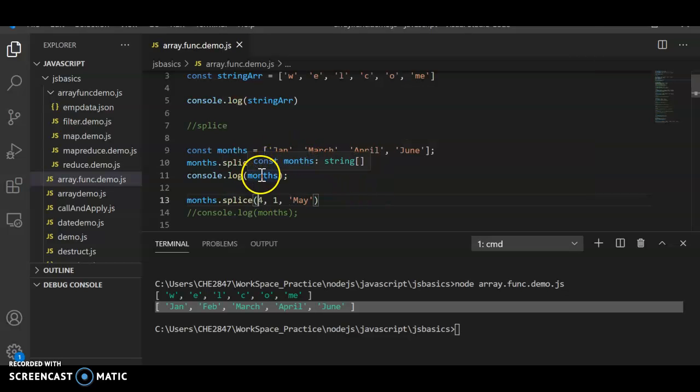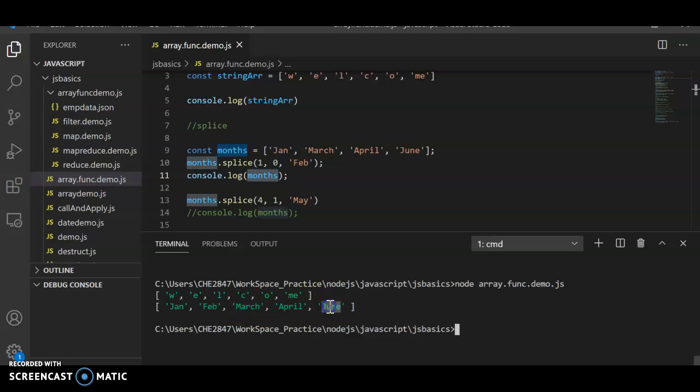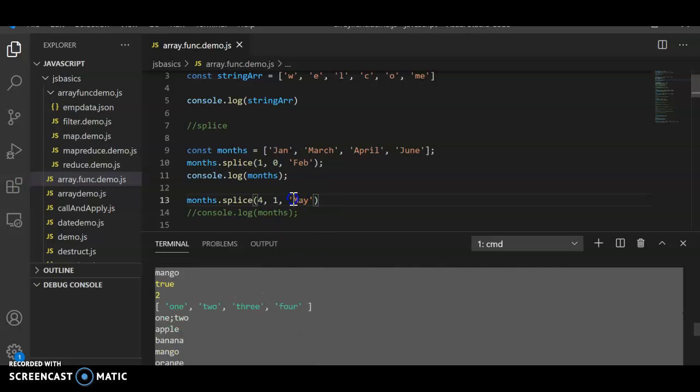Now the months has 5 elements, so the fourth element will be 0, 1, 2, 3, 4. At the fourth element I want to delete one element. That means I'm going to remove June and replace it with May. So you will see Jan, Feb already added, March, April, and instead of June we are going to get May. Let's go ahead and run that.